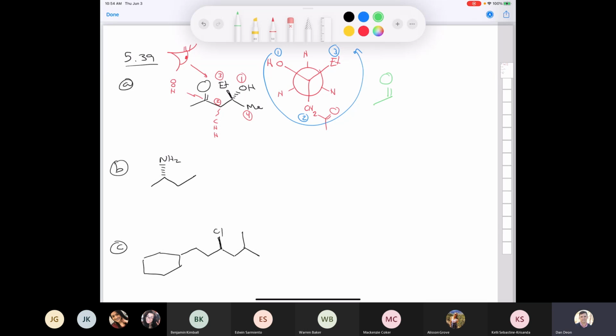So we'll just redraw the molecule. I'll draw it in green. And what I'm going to do is I'm going to swap the methyl and the hydroxyl. So if I have my ethyl group here I'm going to put the methyl group in the back, and then I'll put the hydroxyl down here. Well, then we have 1, 2, and 3, right, like that. And so we'd be going